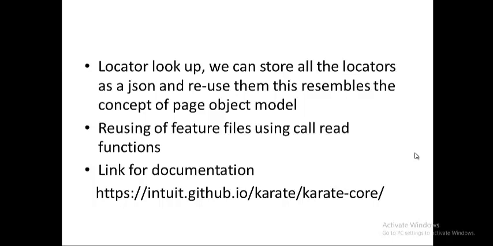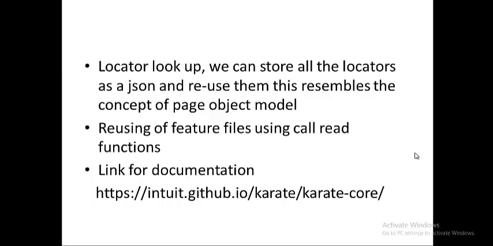And locator lookup is one of the coolest features. This is identical to the page object model. If you look at any framework, it could be Selenium with TestNG or Selenium with Cucumber, or even a Python Robot Framework. We do have a concept of page object model just to help ourselves with having little maintenance to our framework. So we tend to keep all the locators and all the actions related to a particular page in a single class file or a robot file, so that whenever there is a change, we go and change it in that particular place.